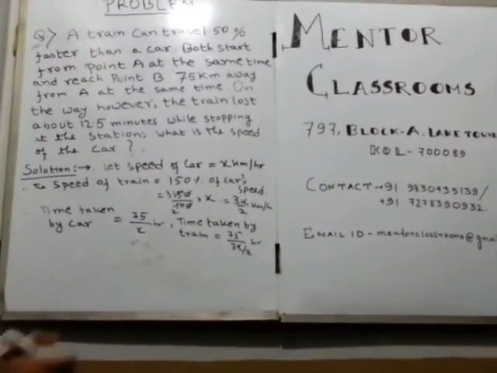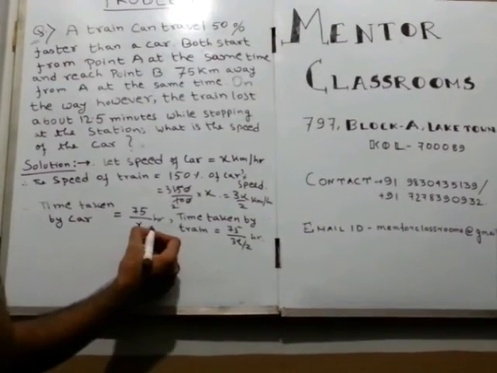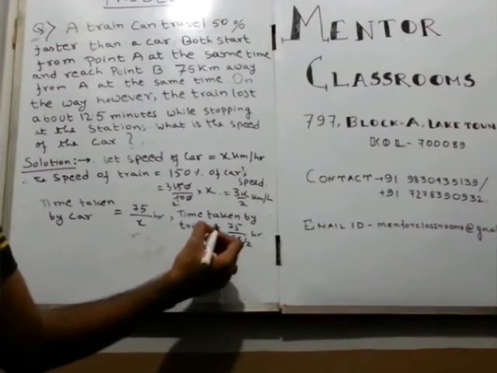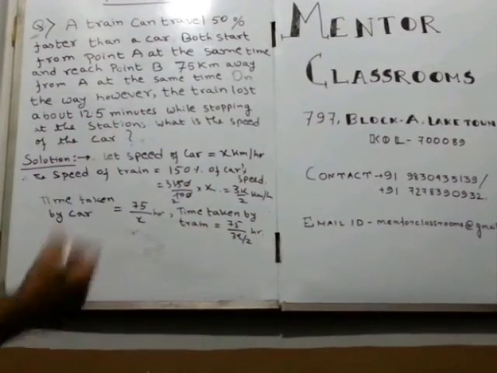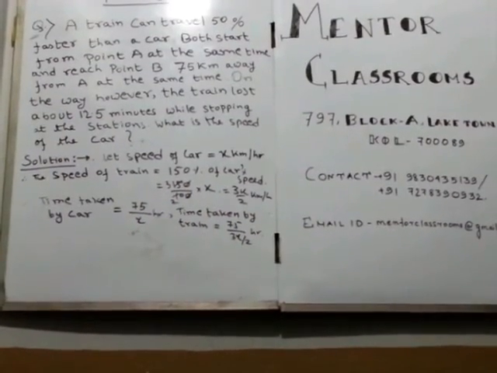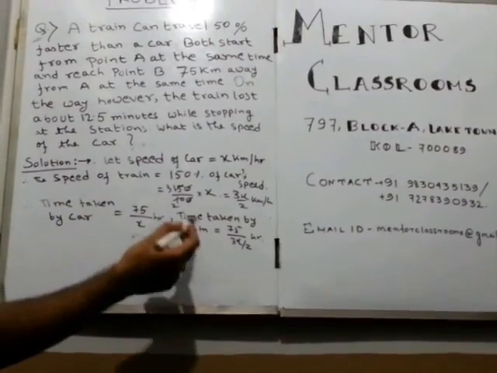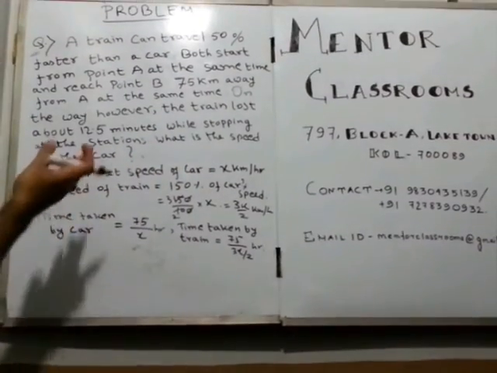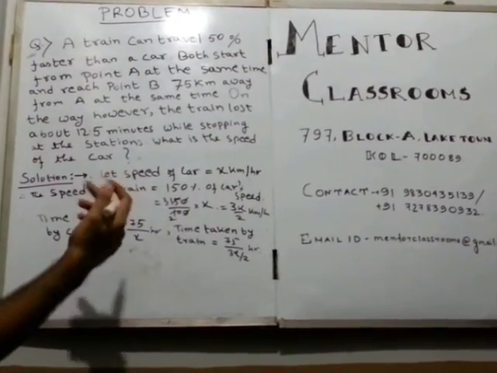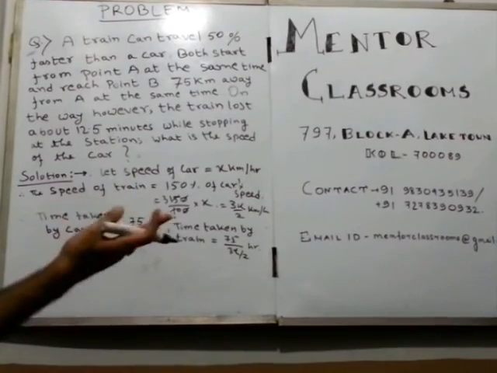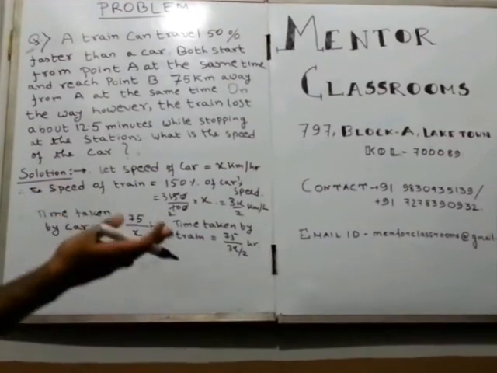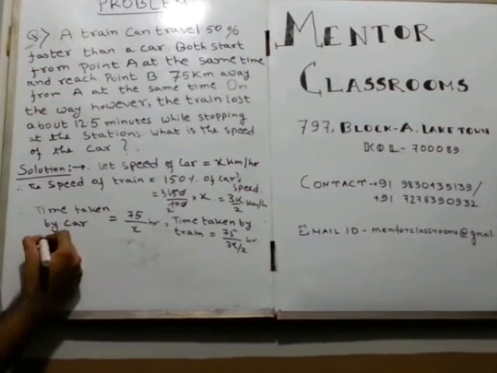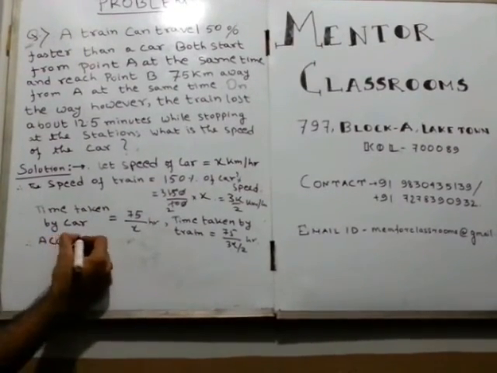according to our problem, the difference in the time taken by car and train will be 12.5 minutes. Because if the train had not lost 12.5 minutes due to stopping at the stations, it would have arrived 12.5 minutes faster, that is, earlier than the car. So, according to our problem,